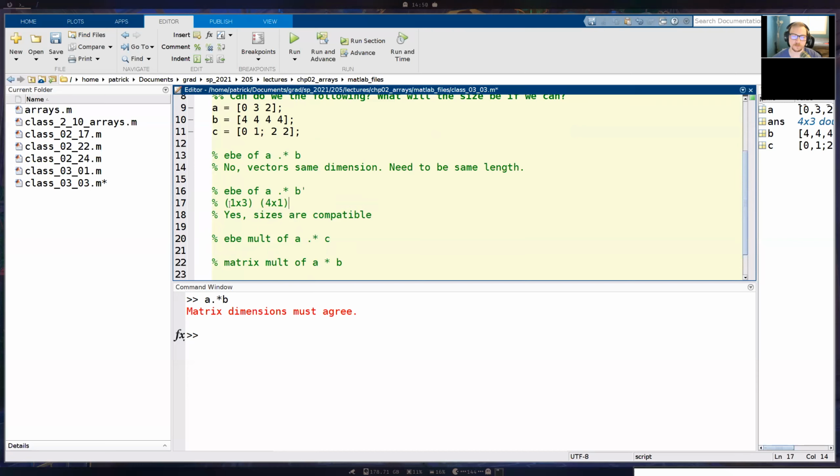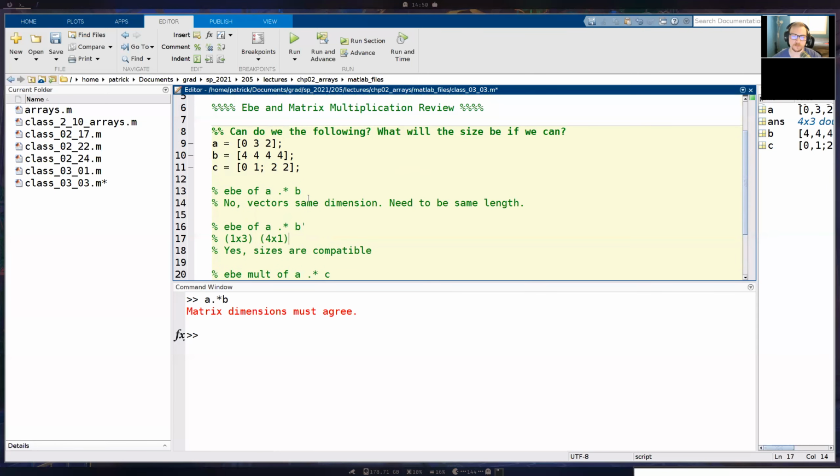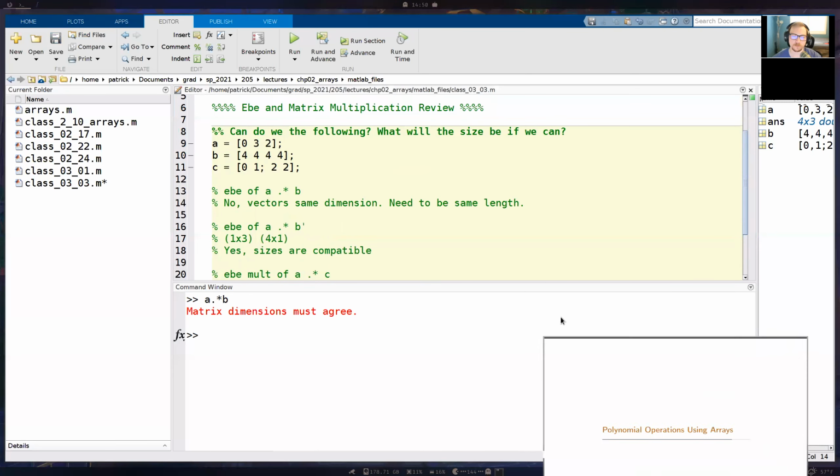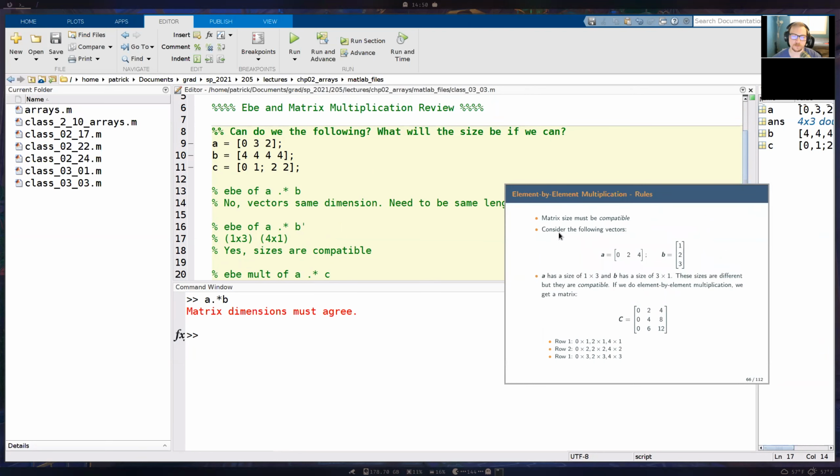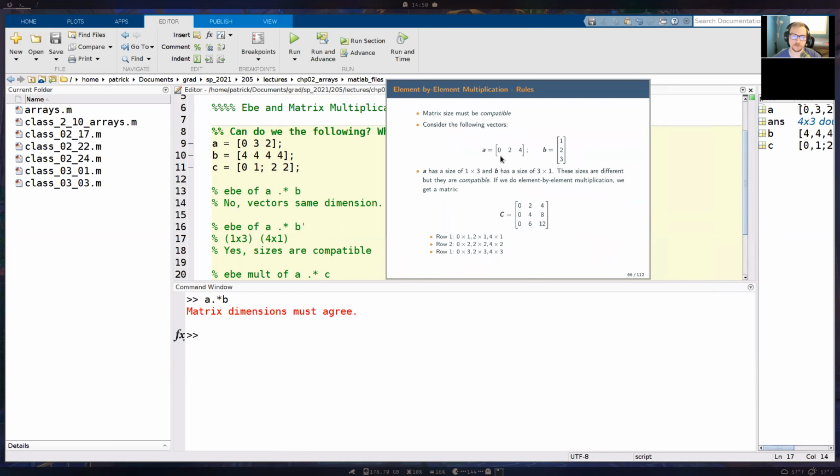For the second exercise, we have a 1 by 3 row vector and a 4 by 1 column vector. Those dimensions are different, a row vector and a column vector, so we can do that multiplication, like we saw in a past slide. Let's go to it. In this slide, we had a 1 by 3 row vector and a 3 by 1 column vector.